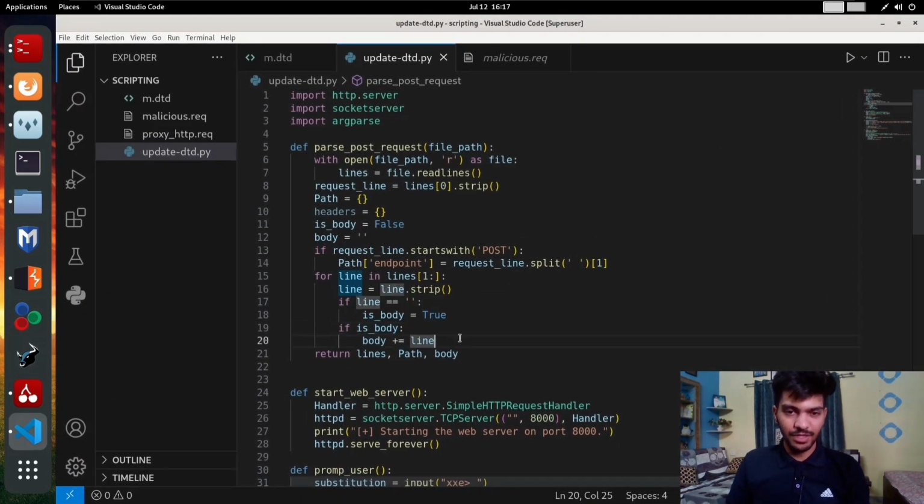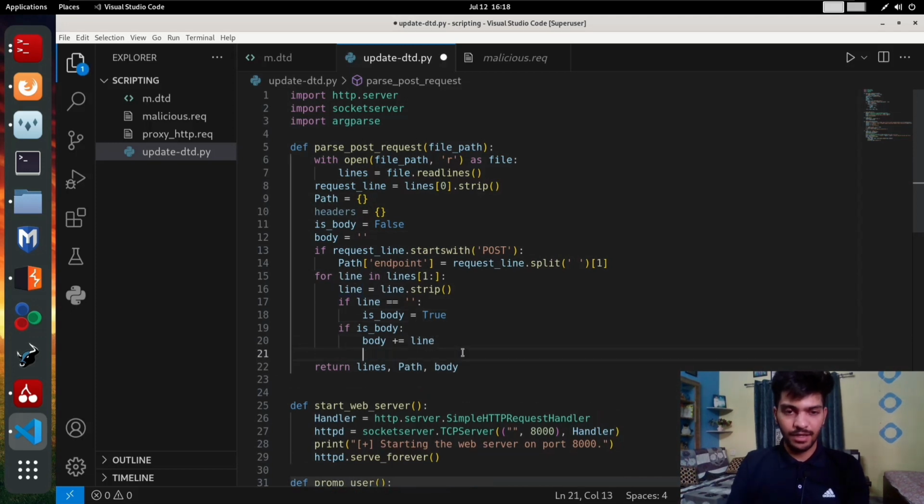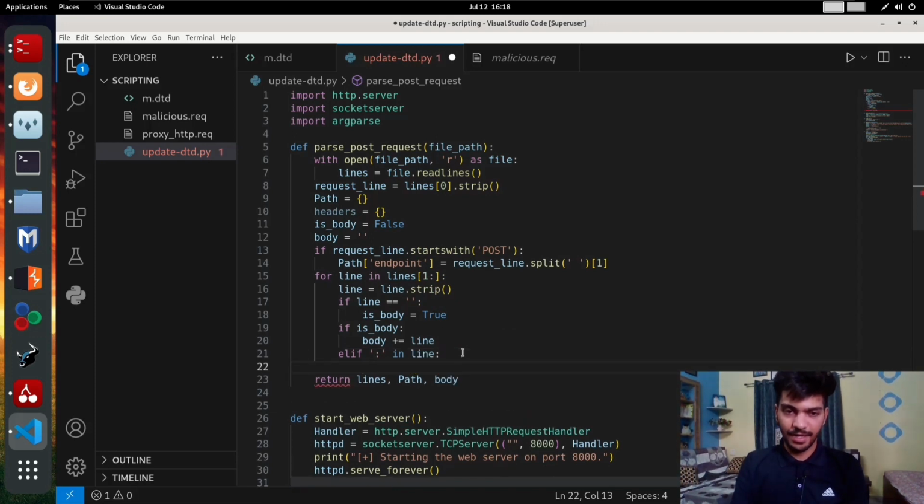So this is good. Next, we have path, headers, body, we have this if, and next we are going to have an else if, the short is elif. So if you encounter a colon in any line, then I would like to process that line as key value, right? So at this point, what we can do,